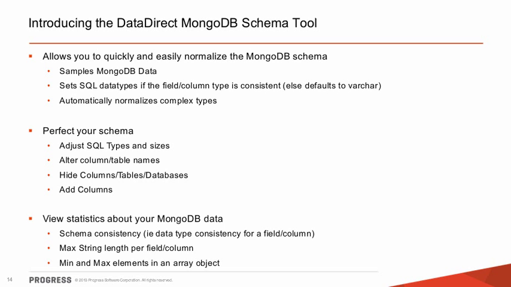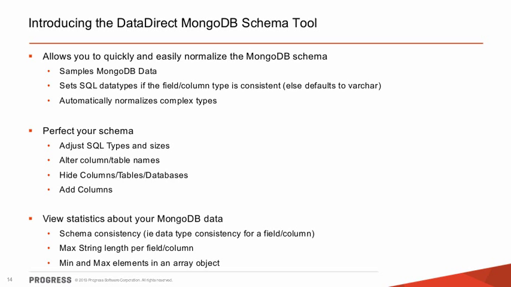It samples the most recently touched documents in a MongoDB collection and presents that information to this domain expert, along with statistics about that information and some proposed, recommended types about the elements that are in those JSON documents as part of this schema perfection,